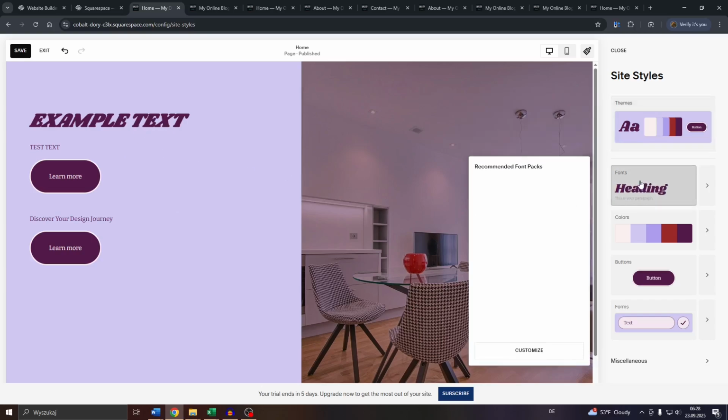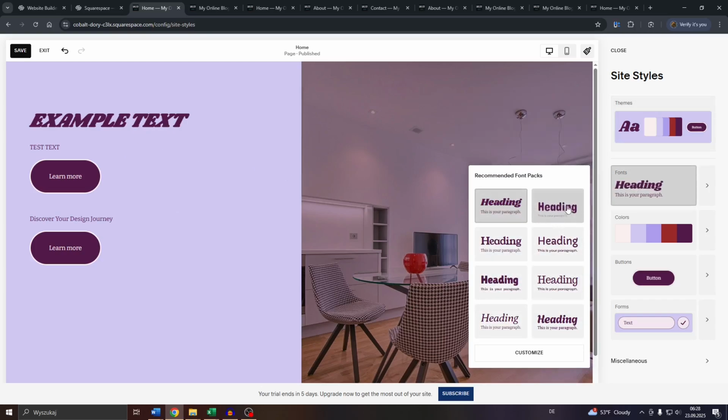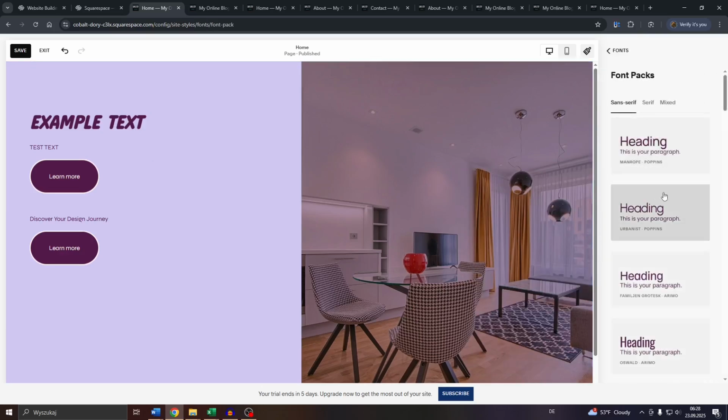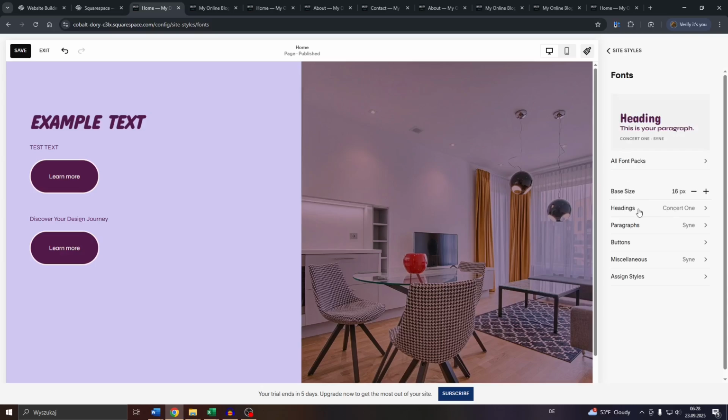If we head over to fonts, guys, you will be given the opportunity to change a different font for your headings and paragraphs. You may select one of these, for example, and see these changes applied here to the left. You may also go a bit more into the detail by clicking into customize here and select, for example, from the font pack with sans serif, serif, mixed, and so on and so forth,